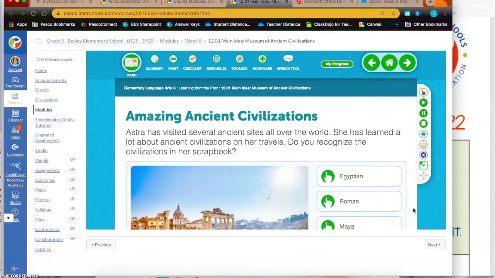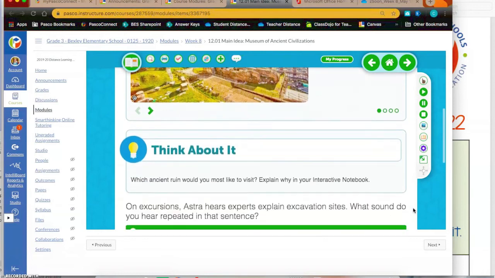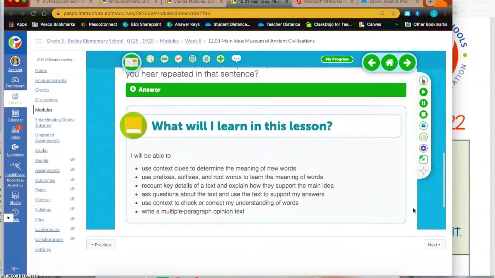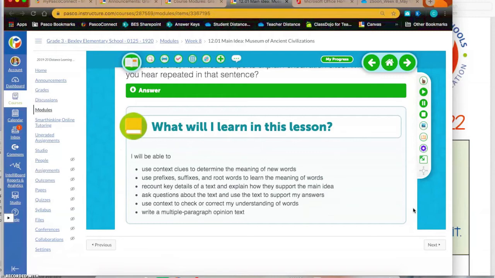In Lesson 12.01, you're going to be examining amazing ancient civilizations. So you're going to read through some different ancient civilizations. You're going to focus on prefixes, suffixes, context clues, key details of a text. You're going to come throughout this week and you're going to see in writing telling you to start writing your